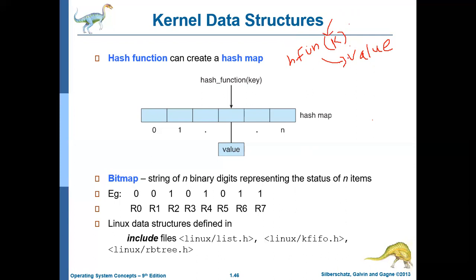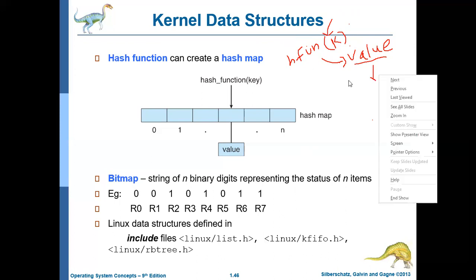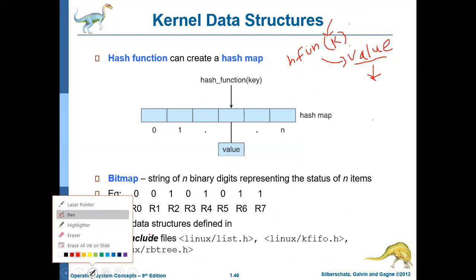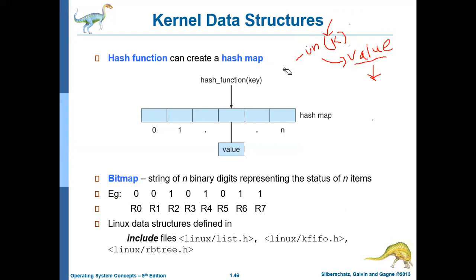So when the user logs in, the operating system gives the username to the hash function, gets the password, and then checks whether the password the user is giving matches. If it matches, the operating system allows the user, otherwise it does not. Such mapping of a key to a particular value and using it for different applications is called a hash map. So that's it about hash function and hash map.